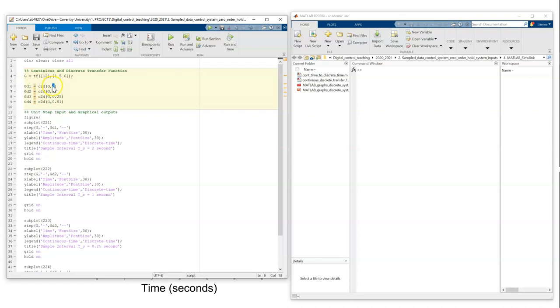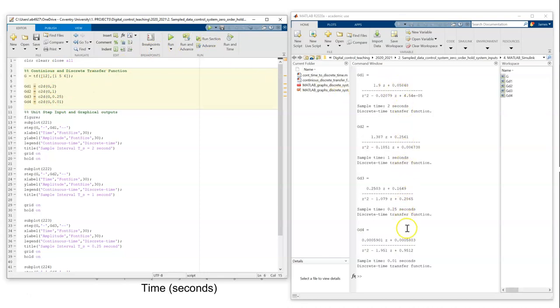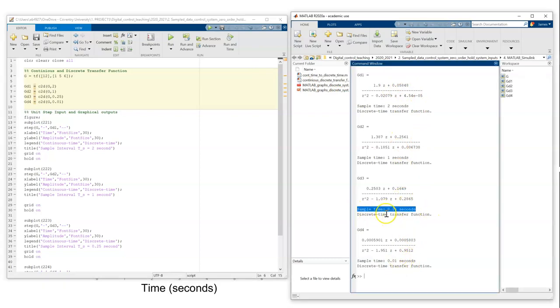Previously I defined this as TS, and then defined TS above with a value. But as we're using 4 different values this time, I thought it's best to input it directly in here: 2, 1, 0.25, and 0.01. If I run that, you see you get your 4 different discretized transfer functions, all with different sample intervals. It tells you here, sample time it calls it. You can notice the coefficients are all very different as well,